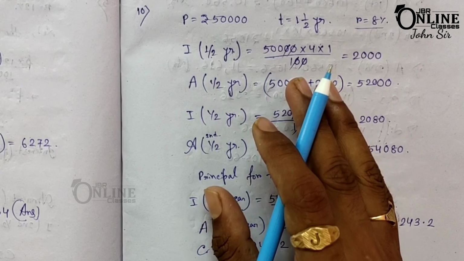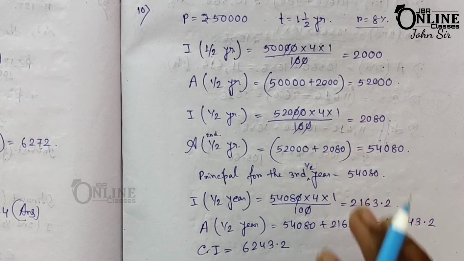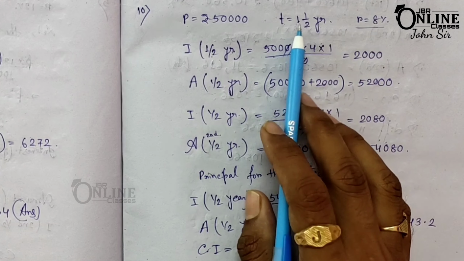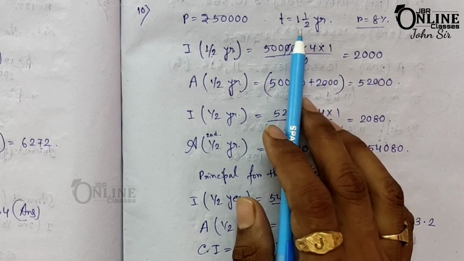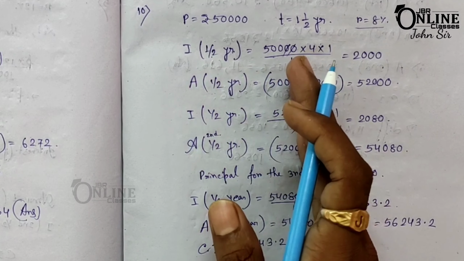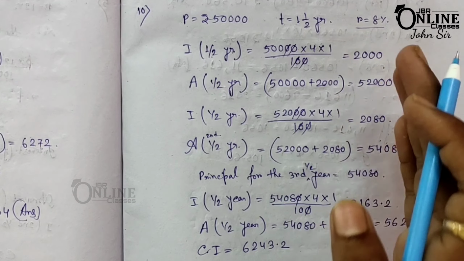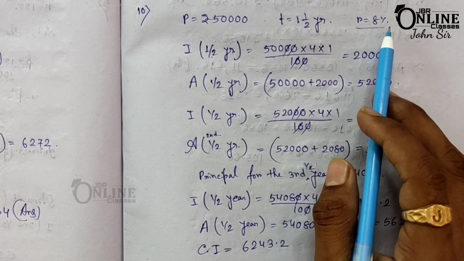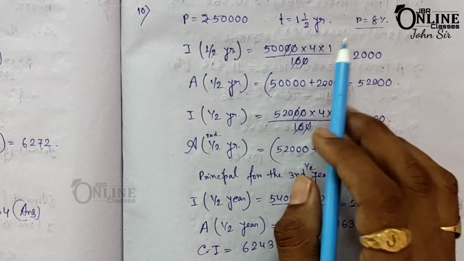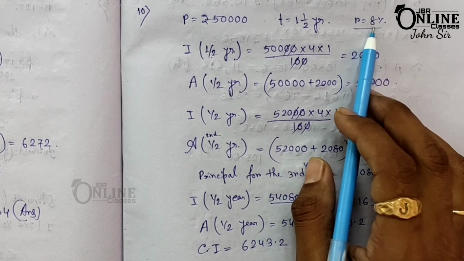Now as here interest is being compounded semi-annually, that means you have to calculate the interest for half year, half year, half year. As here it is one and a half years, that means you have to separate this into 3 parts. Okay, 6 months, 6 months and another 6 months, that means total 18 months. So half year 3 times, and in each and every case the rate of interest will also be half, that means here 8% becomes 4%.